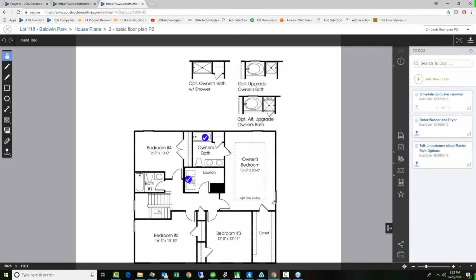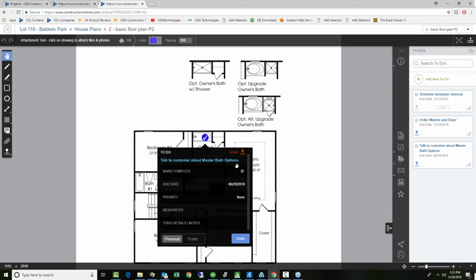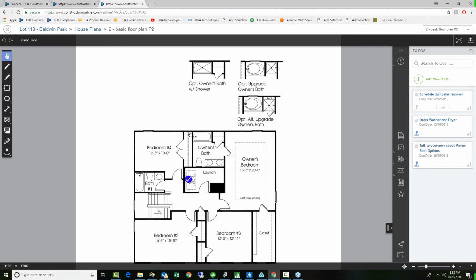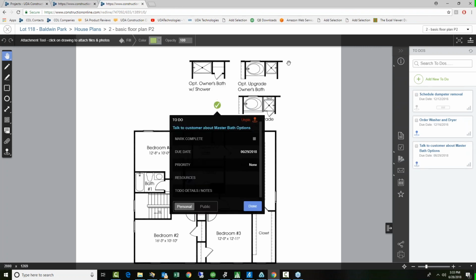And as we're looking at this information, the options that apply here, again, this task is going to give them the choice of using the standard bath. Let's actually remove the pin from here. They've got the standard bath and linen closet, or we can go with a large walk-in shower and closet, a jacuzzi tub and smaller stand-up shower, or again, a tub and shower, this time with a seat, if they choose to go with that option. So as we're taking this and pinning it somewhere in this space,